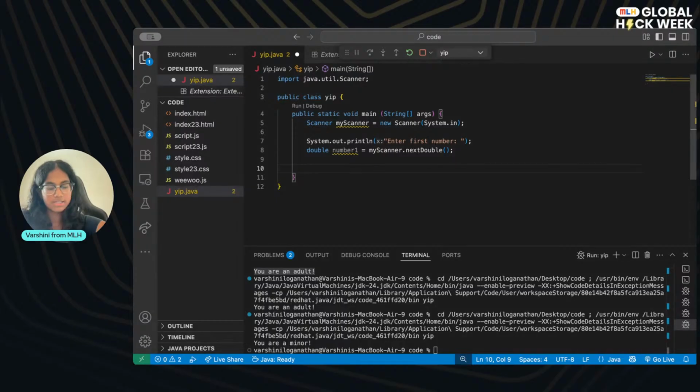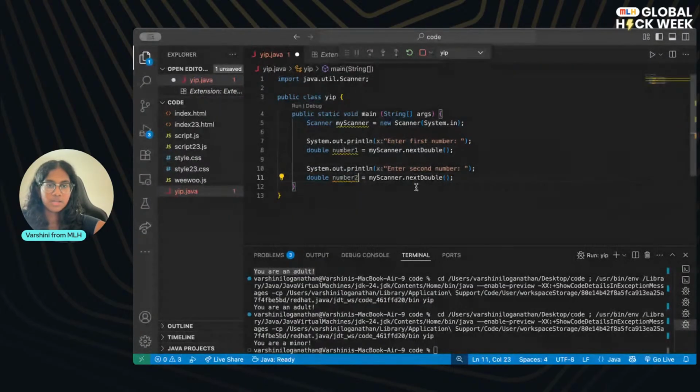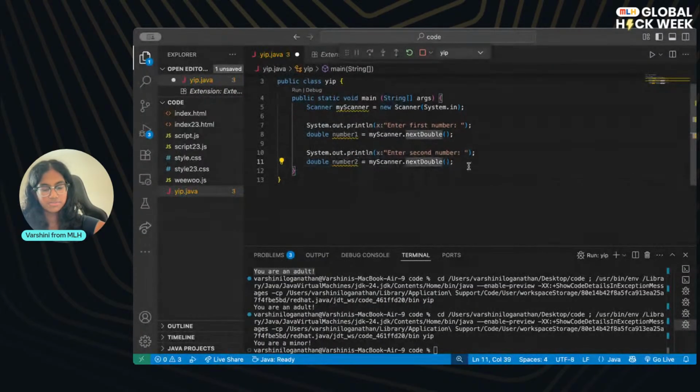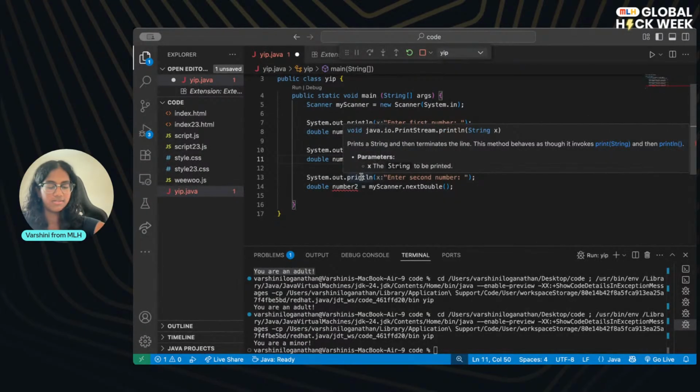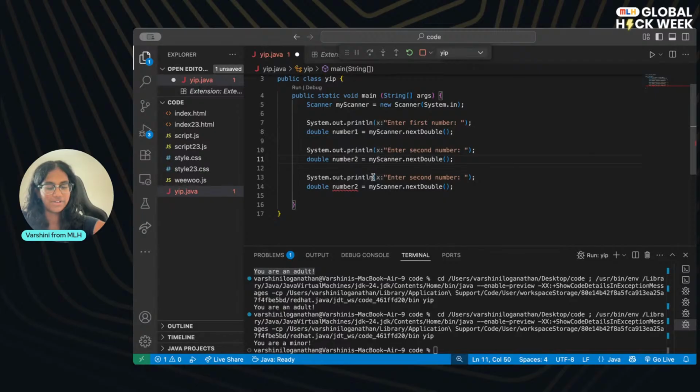Okay, and then I'm just going to copy and paste this for time's sake, but type it out if you can. We're going to enter our second number. And I'm going to call this number 2. And again, we're doing scanner.nextDouble. So I'm just going to copy this again for layout purposes because we ran a little bit over when we were setting up the Java. So I'm trying to speed up so that we can get to the rest of the content that I had planned for y'all.